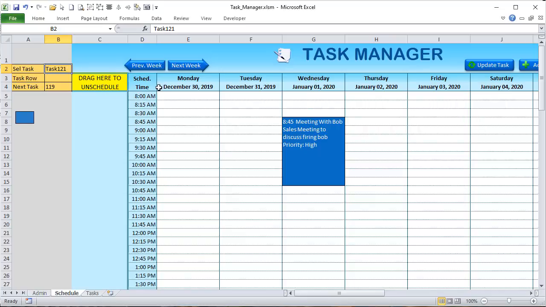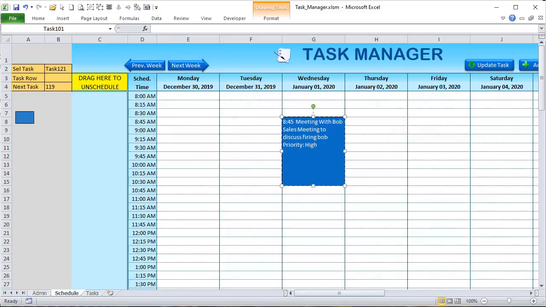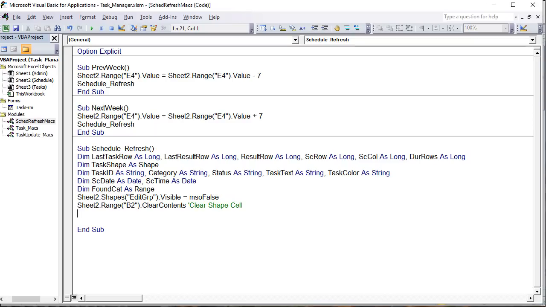So I want to clear out all the shapes basically below row 4 and all the way to the right of, let's say, B, making sure that we just want to clear out all the shapes and we want to make sure that they contain the word task. So how do we do that? How do we clear out all the shapes? So we can do that with sheet 2, I guess I could have defined it above, for each task shape